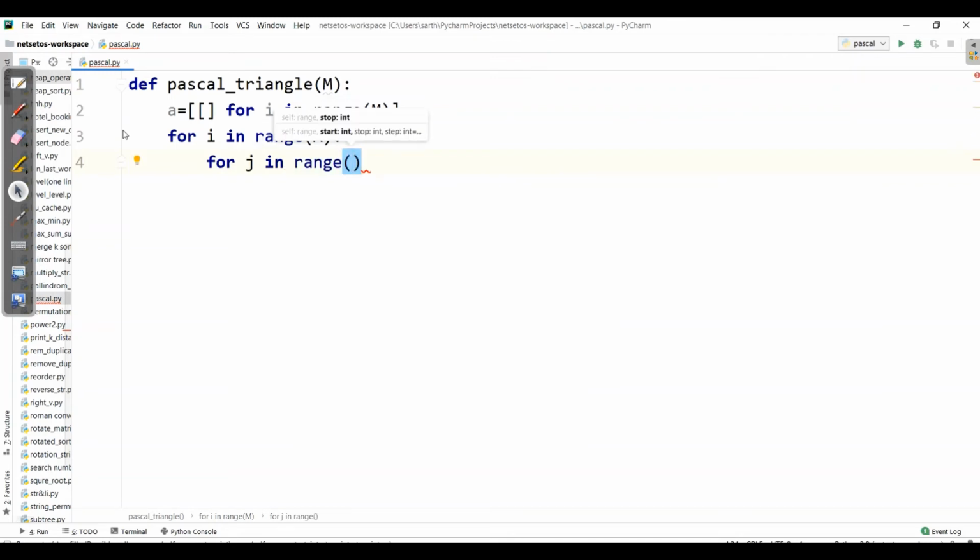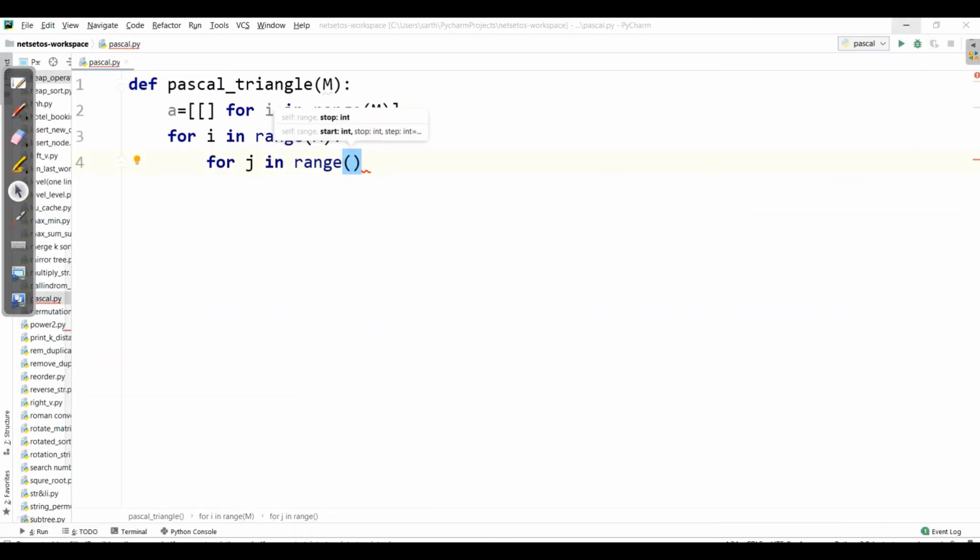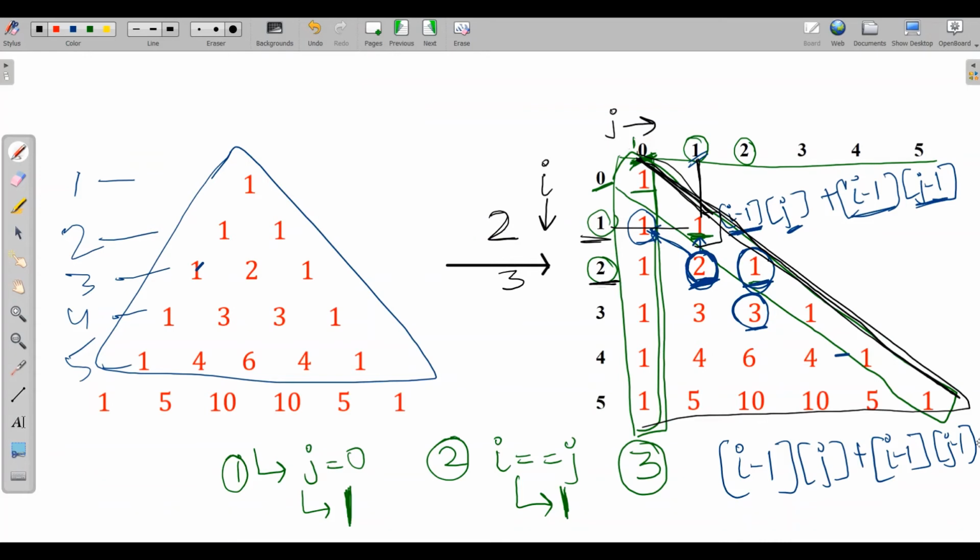Here we will define up to i, because here it is terminating whenever i is equal to j. When i is equal to 1 and j is equal to 1, this is the terminating point for the second row. So it is simply terminating when i is equal to j. Here I can write i plus 1, as in Python we always take one number extra since it is starting from 0. So these are the pattern series.